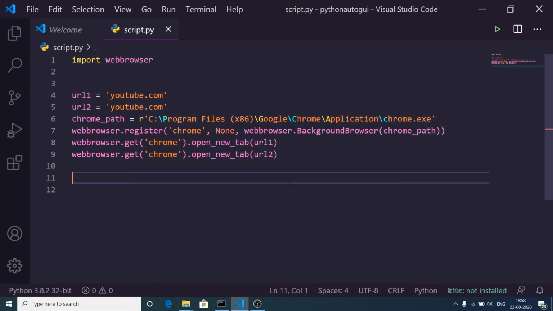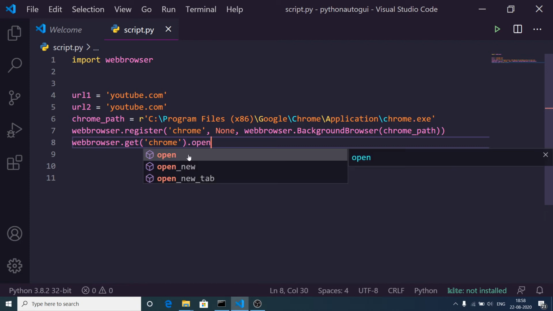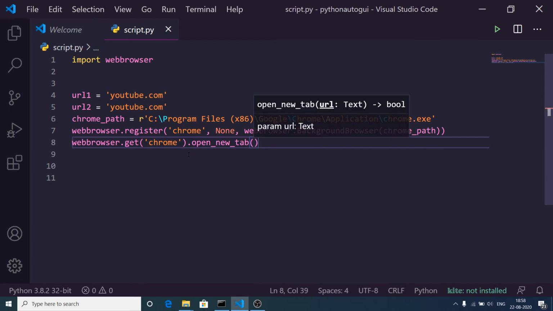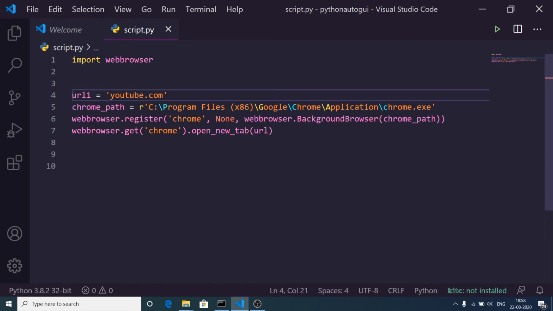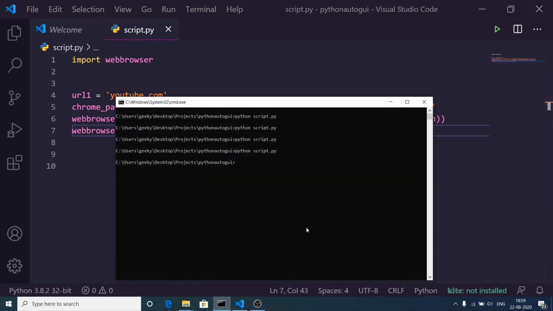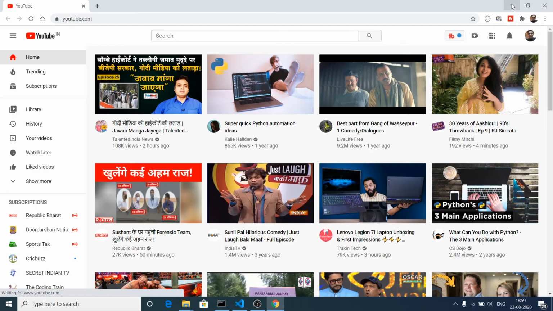So what you will see, we have written this much code, and then there is this function which we are talking about. Instead of writing inside these parentheses, we need to chain it: open new tab, and now inside this we need to pass our URL. Let me delete this URL. So url1 is equal to youtube.com. That's it. If I run this application, if I go to the command prompt, python script.py, it will launch my Chrome browser and it will automatically open youtube.com. So this is kind of an automation script. You can use any URL of your choice. You can see that I am opening youtube.com.